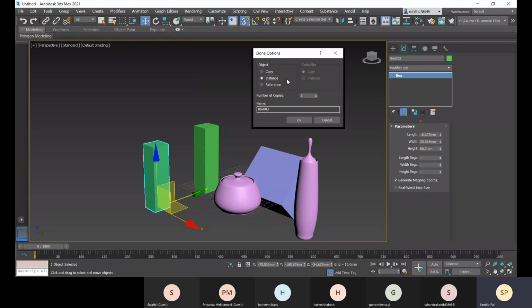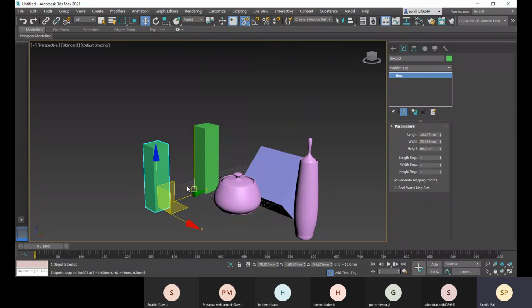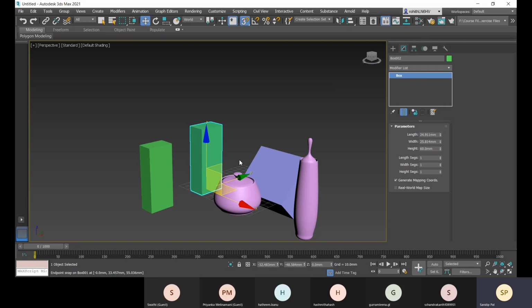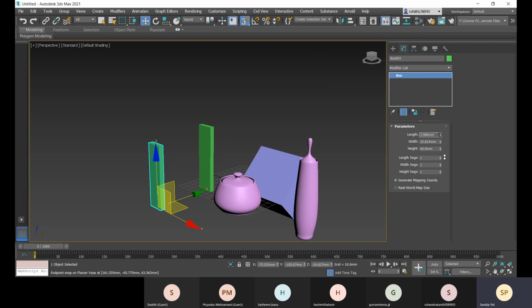So that is your instance. Let me click on OK. Here you can see this is the box and this is the box. If I change any length, you see both get changed. If I change this one else also, both get changed. That is the meaning of instance. All right.